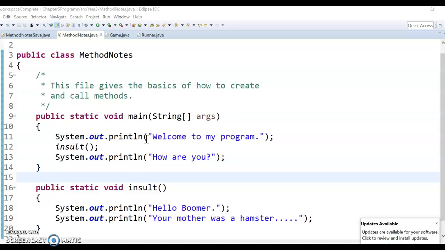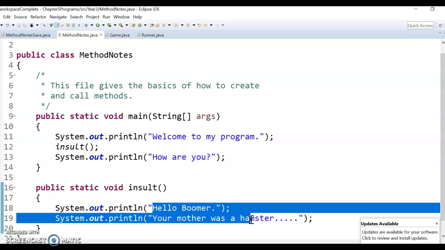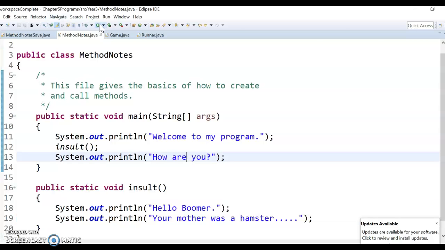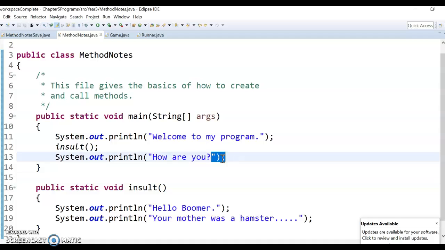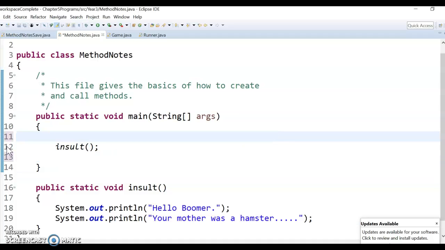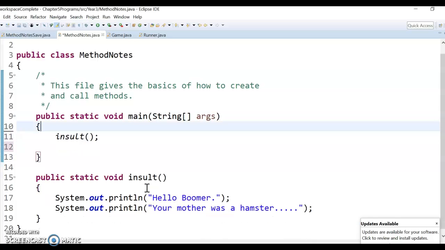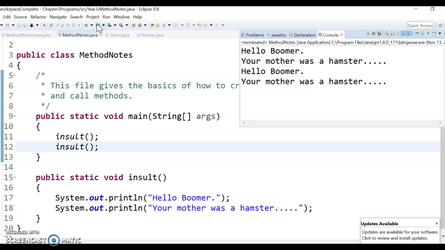Okay, so it's going to do welcome to my program, then it's going to run these two lines, and then finally how are you at the end. So it should look like that with the insult in between the other two prints. Okay, so that's a basic method. I'm going to take out these other lines here and just do the basic method of insult. And again, you can run it multiple times. So if I do this, that'll just make that insult run twice. All right, so it just runs the same code twice,